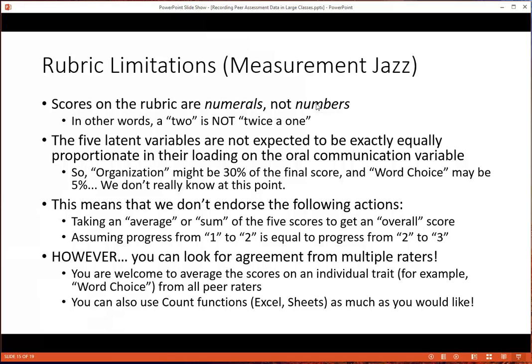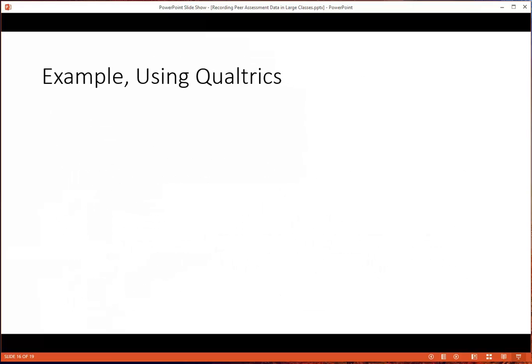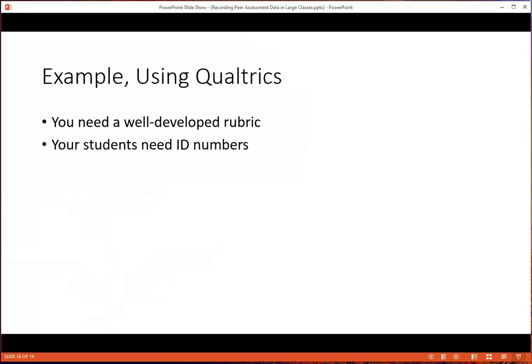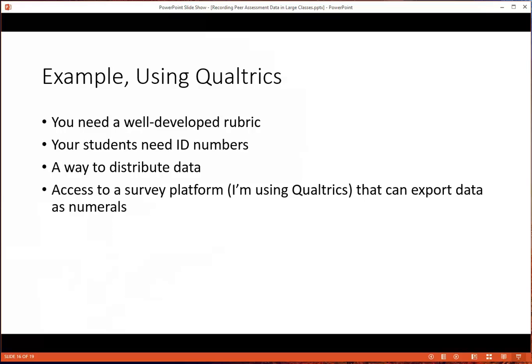But try not to, like I said, take an average of the 5 scores and try not to assume anything about linear progression based on the fact that the numbers have a mathematical relationship. So here's your example using Qualtrics, and really quickly, these are the things I want to go over, which is what to do with your rubric, after your students have their ID numbers, you distribute your data,